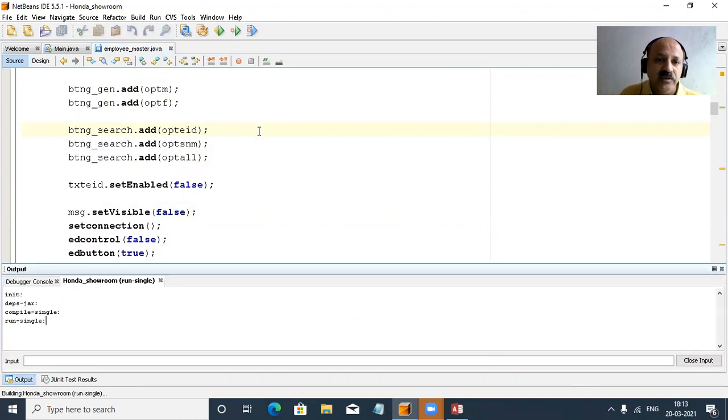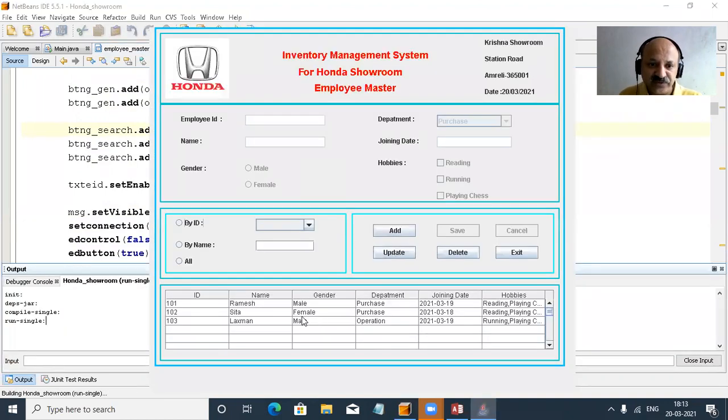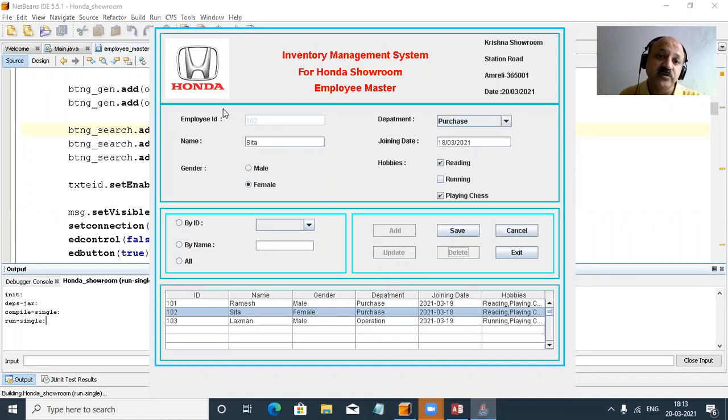That is perfect. So now I first select the second record and give the update operation. You can look now, it cannot be changed by the user, because it is auto generated. If it is changed by the user, it is a primary key in the database and all our links, meaning the employee ID, are disturbed. So we cannot enable it anyway. Yes, that is our requirement. Based on the employee ID, which is the primary key, we can do update and delete operations, where the clause field is the employee ID.